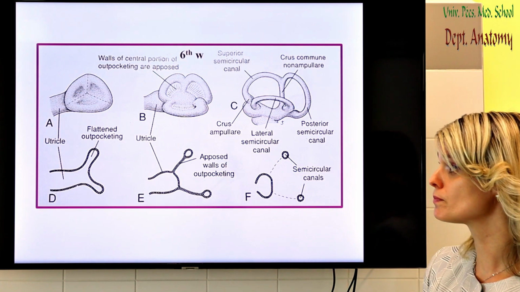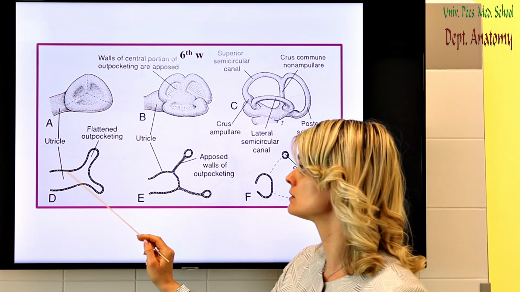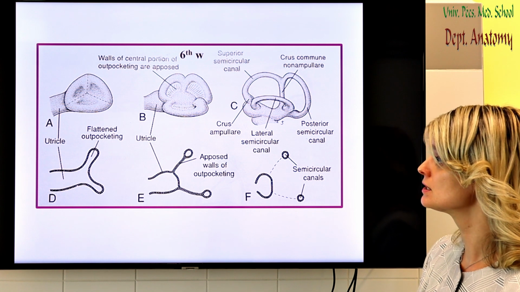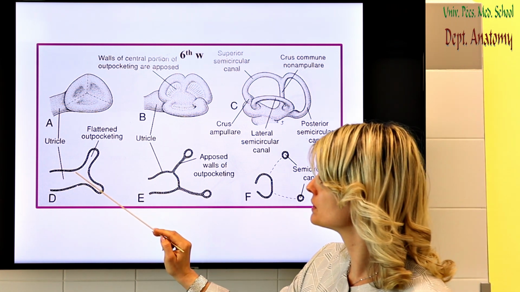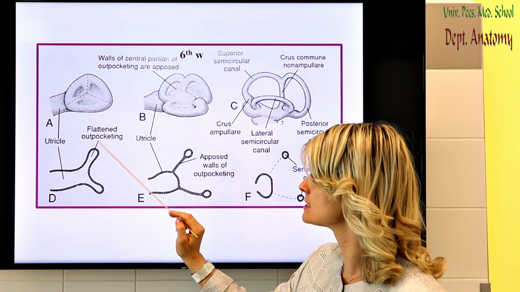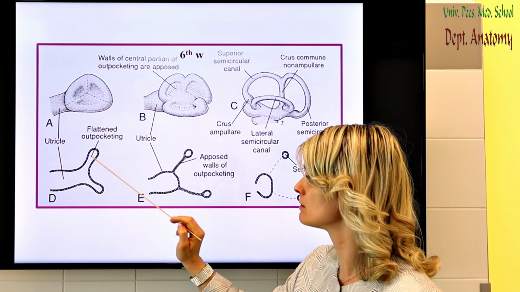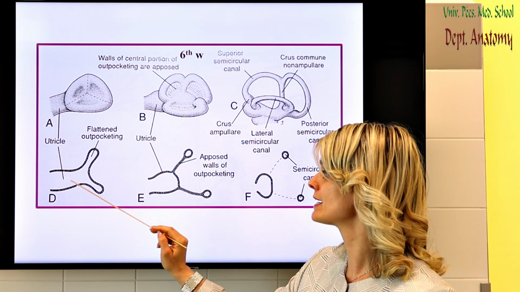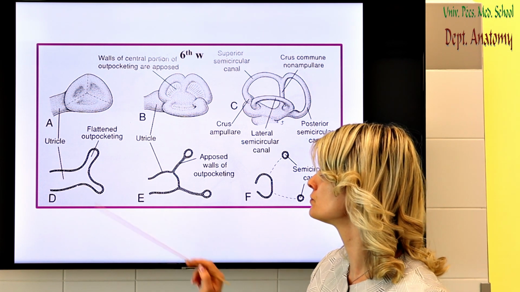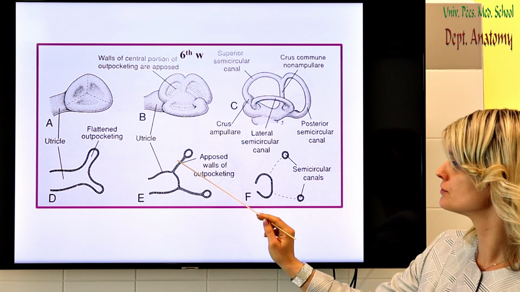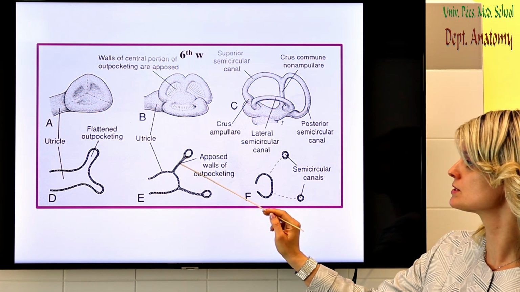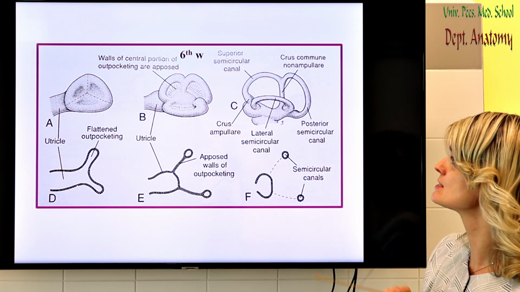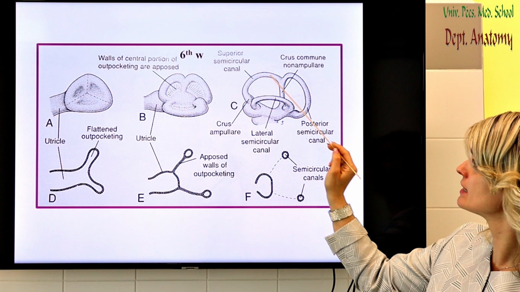And the dorsal part from this will form the utricle and the semicircular ducts, semicircular canals. Here you can see that first from the utricle we have just a flattened protrusion, but it will communicate with the cavity of the utricle first. But after, you can see that the walls will fuse and this middle part will disappear. So finally we have just this